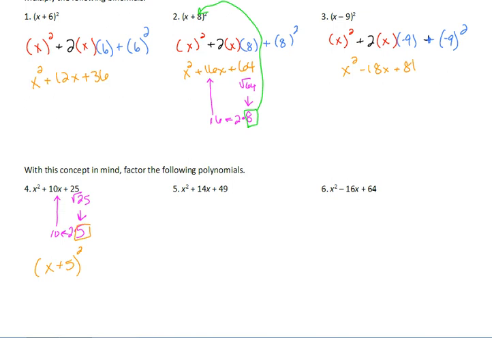Again, keep in mind that we're undoing everything up here. We're undoing the formula that we used to multiply this out. So first step, I want to see that this is a perfect square. It is. Okay, so going through my test, the square root of 49 is 7. Is 7 times 2 14? Yes, it is. So that number that I'm looking for is 7, which means that I'm going to write this as x because it's going to be the square root of the first term plus the square root of the last term